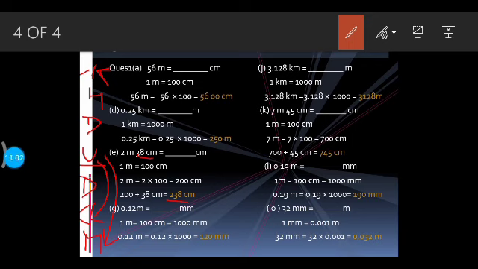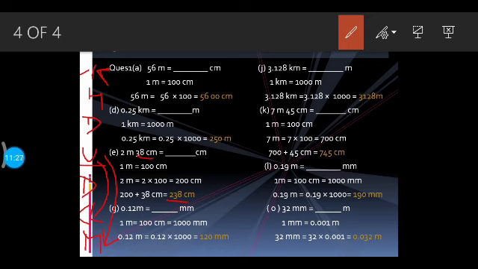J part is similar to part D. Again you have to multiply with 1000 only. The decimal point will be shifted to the right. K part is similar to E part. You can see both are the same. If you are having any problem, we will discuss it in our next class, but both of these are the same, so no need to describe this again.